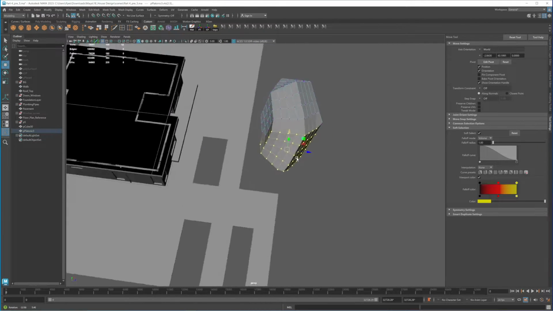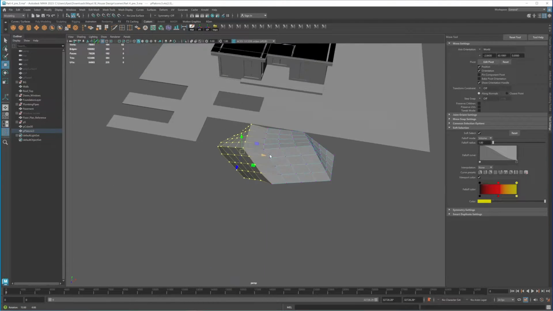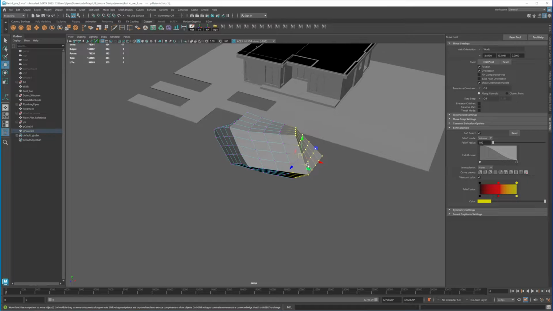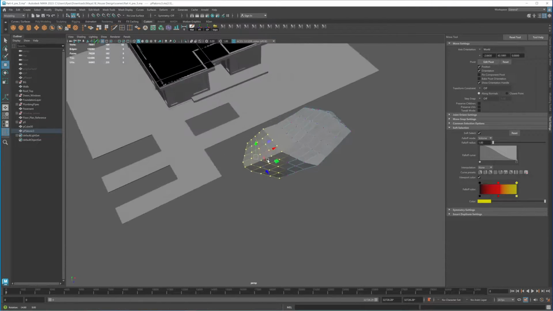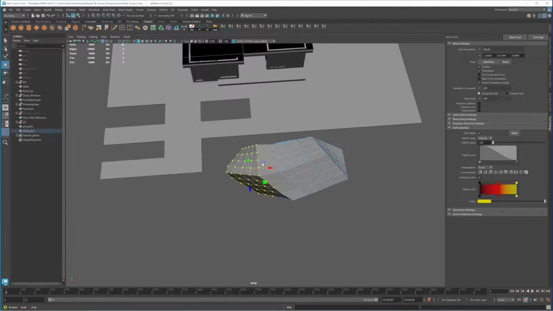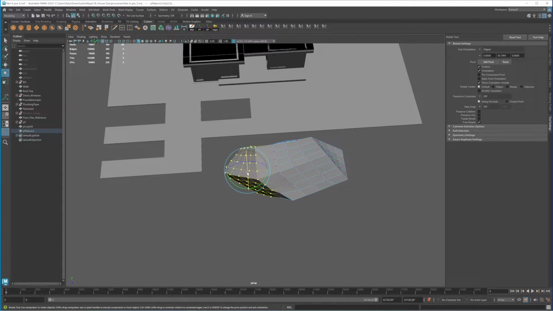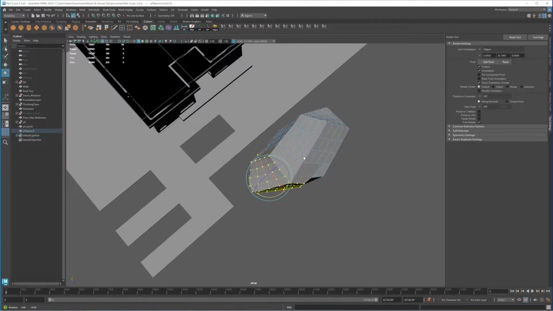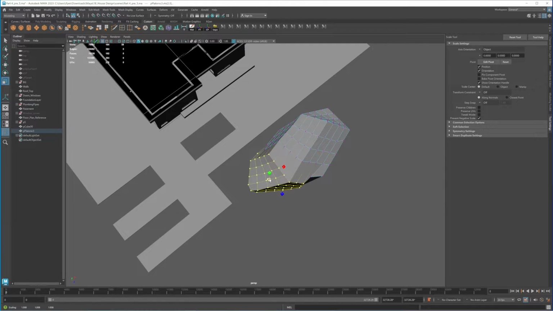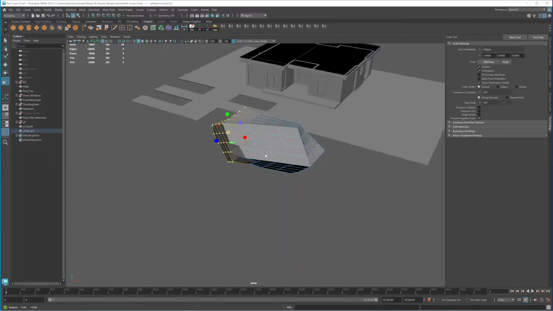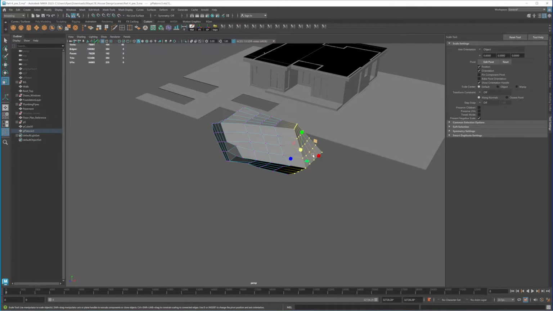maybe like that, and then let me do the same on this side as well. So maybe grab one more here, a few more right here, and also just move it, maybe rotate a bit, like so. Maybe I need to increase it just like that. You can reshape yours the way you want.